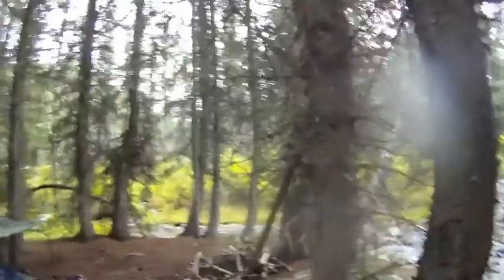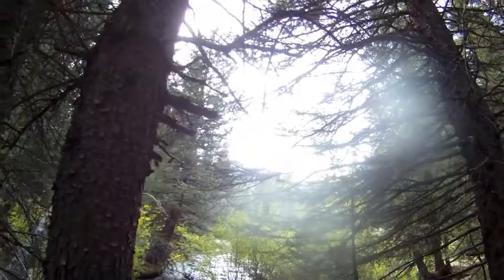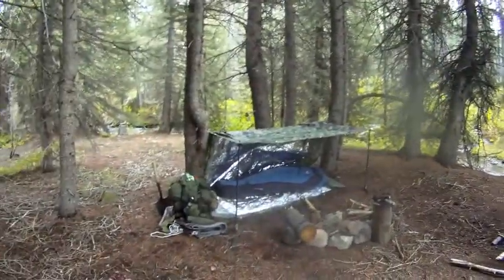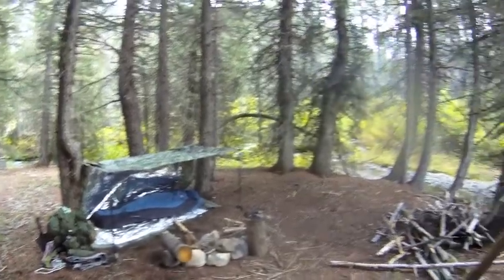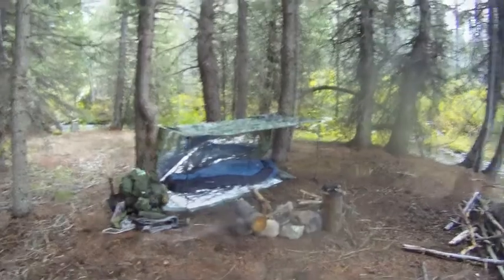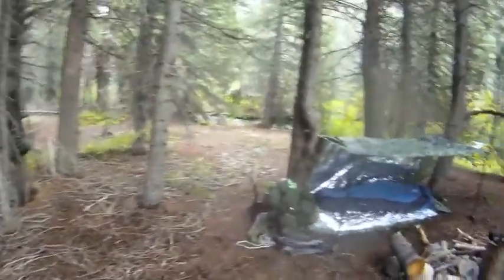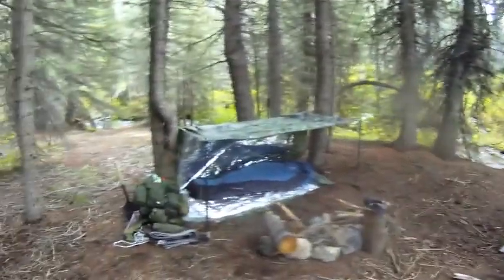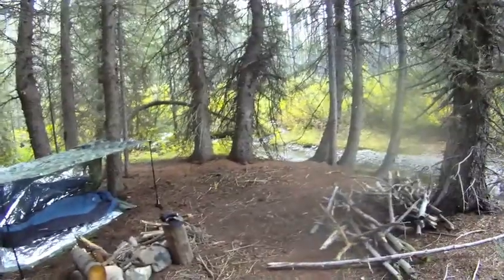It's October 2nd, and I'm up here in the mountains. You can't see it, but there's snow up there. Here's my camp. Took me a while to get everything set up the way I wanted it. I'm not adept at doing this kind of thing just yet. I had to procure firewood. There's not much around here, so I had to go a ways to get it and drag it back here,